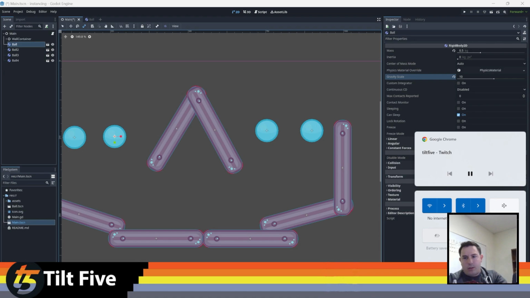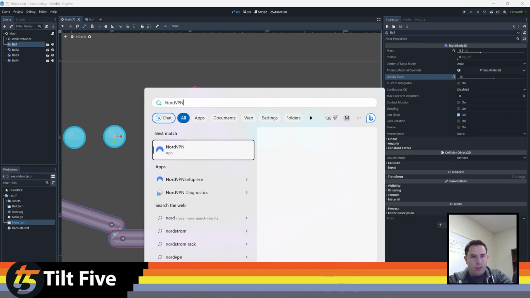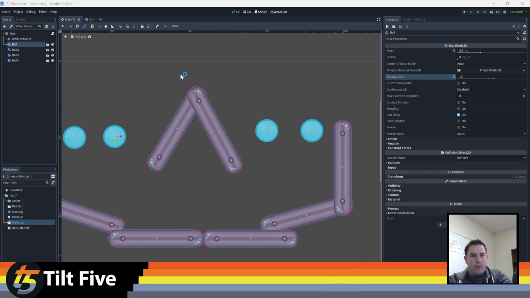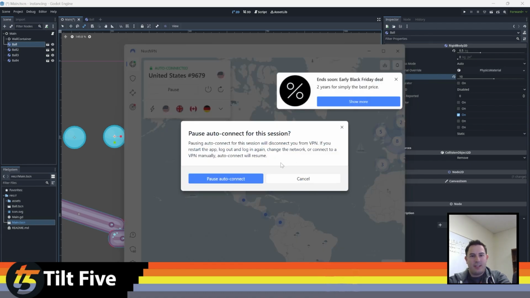Oh, do I? Hold on. Is NordVPN doing something stupid on my computer? Recently in another country and needed to use NordVPN to access